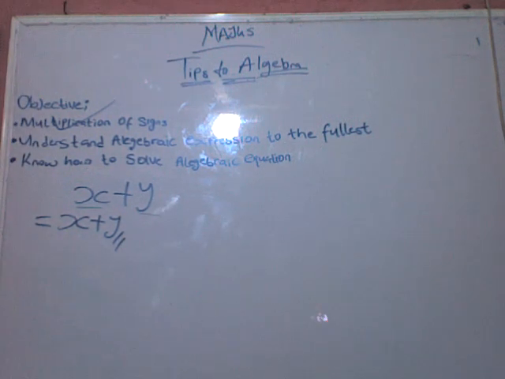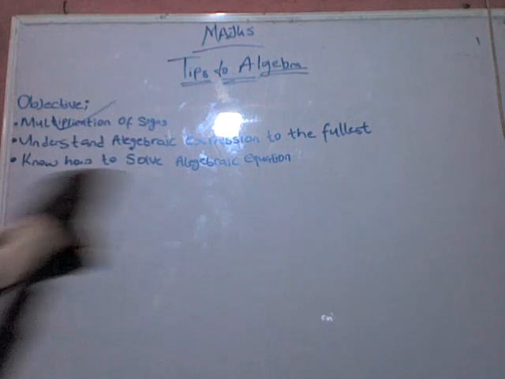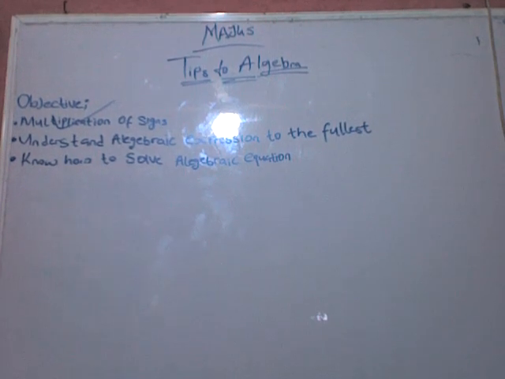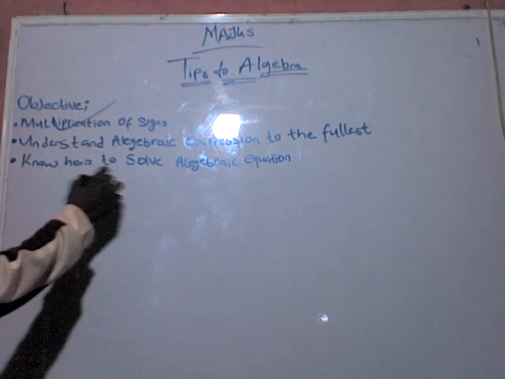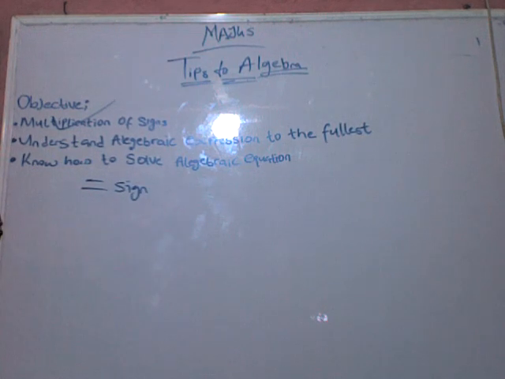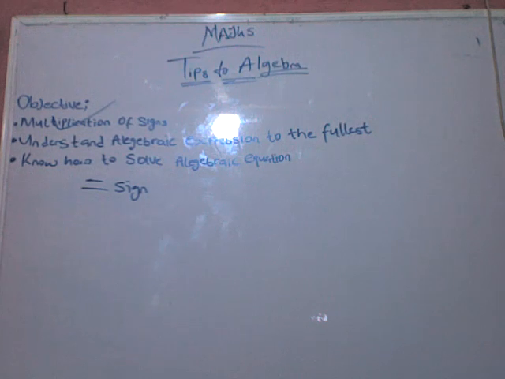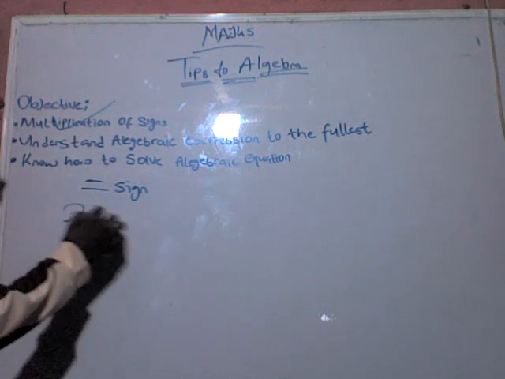So now moving to another sign, which we call the equality sign. We should understand our equality sign very well, and always understand what our equality sign means. For example, if we are given something like 2 equals 1,